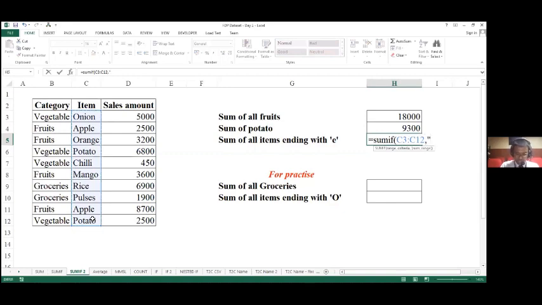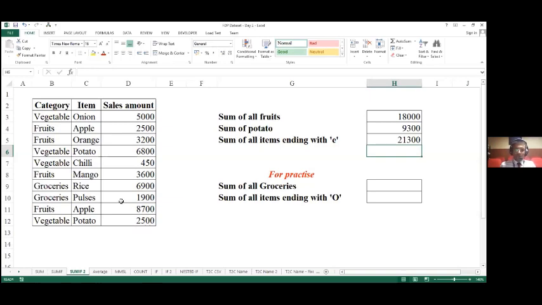Since it's a logical criteria, open quotes, star or asterisk symbol, E, close quotes, comma, my summation range, which is this to this, and then I'm going to close the bracket and press enter.